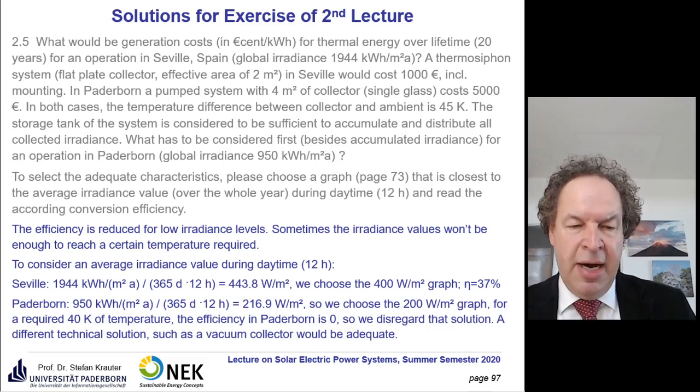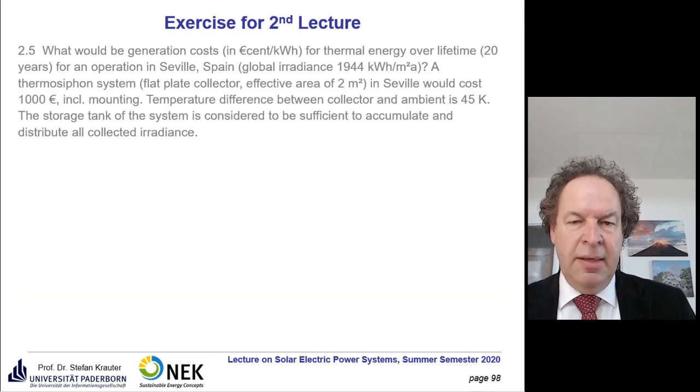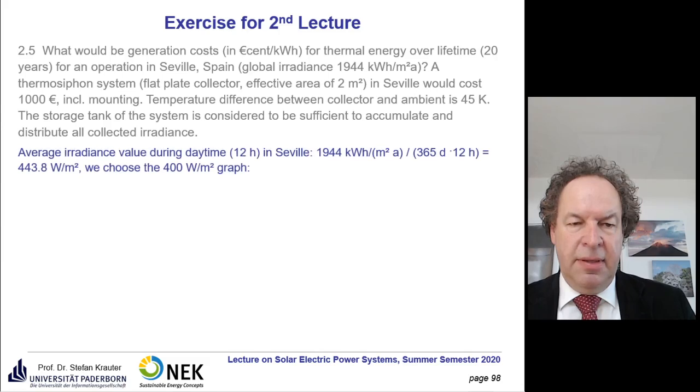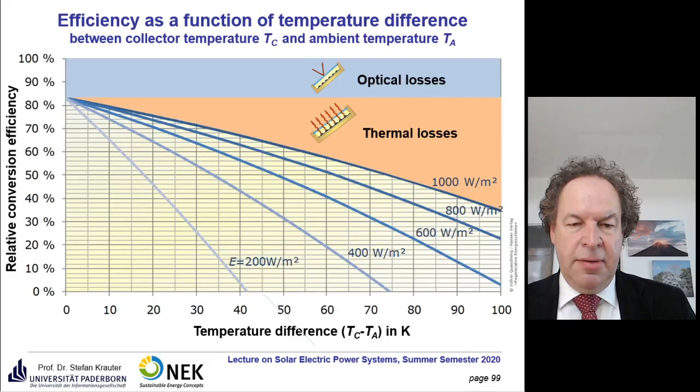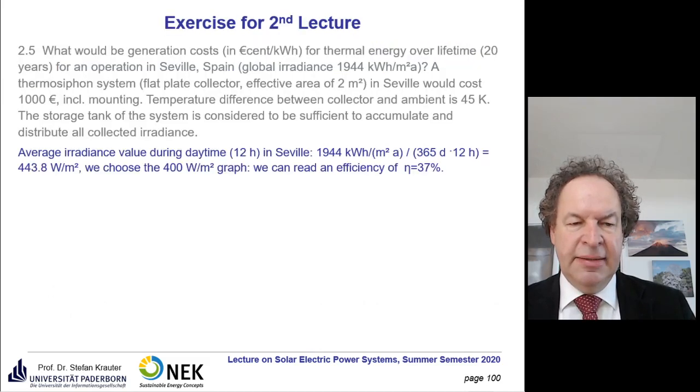Kelvin of conversion efficiency, interestingly it doesn't reach that value. So we cannot use that on average. So we have to use different technical solutions, for example, a vacuum collector. So here we can read the temperature difference at 200 watt per square meter. And then we have the conversion efficiency here, and